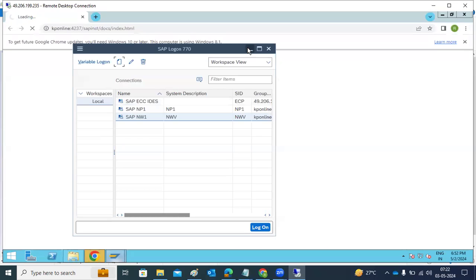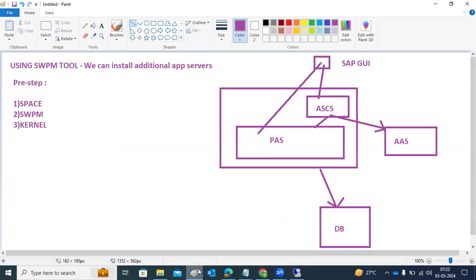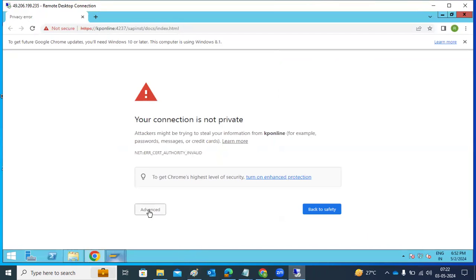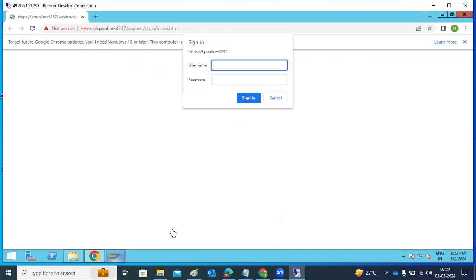But I want to have more than one application server. If one is down, how will the other users log in? Other users will face the unavailability, and there is no load balancing. So then what I am doing here,